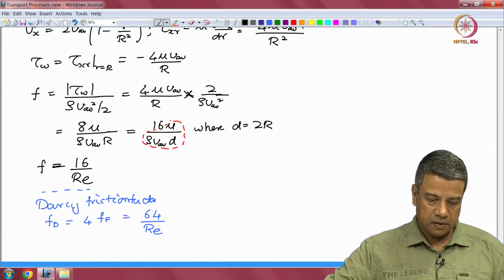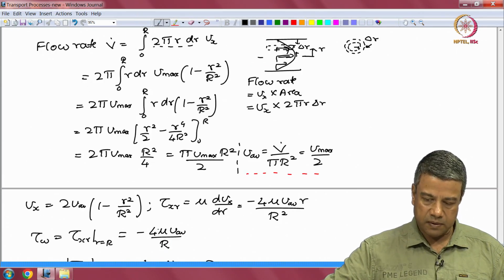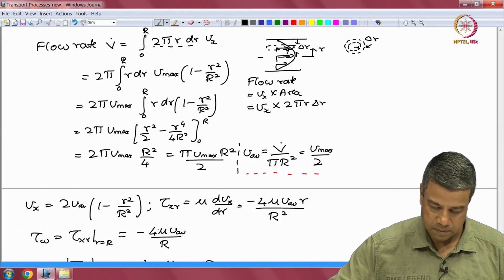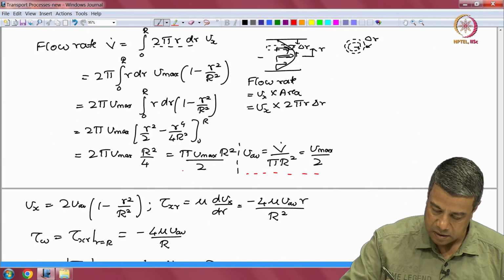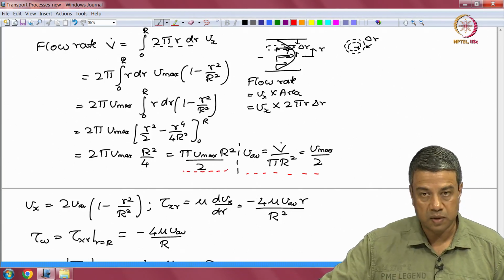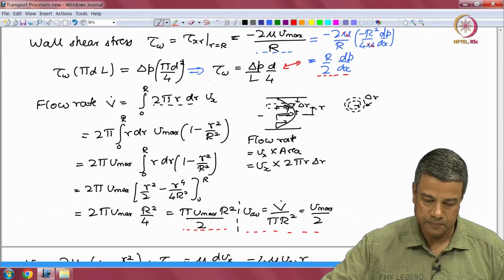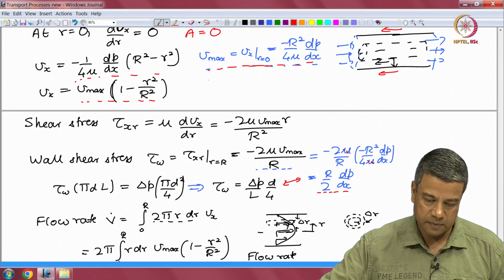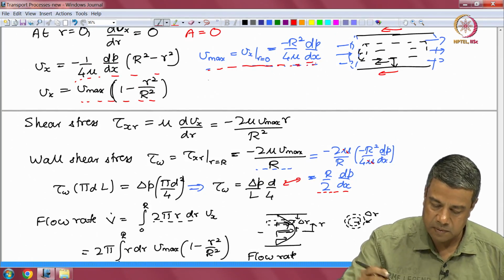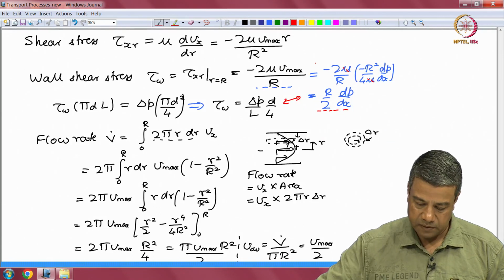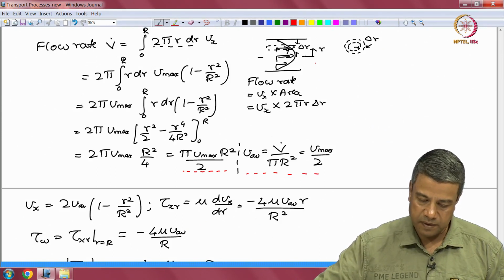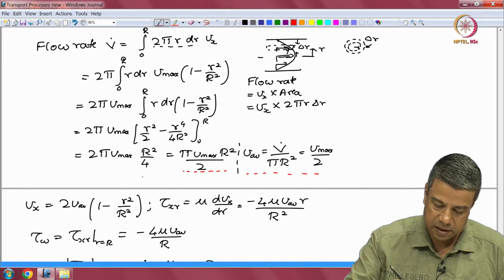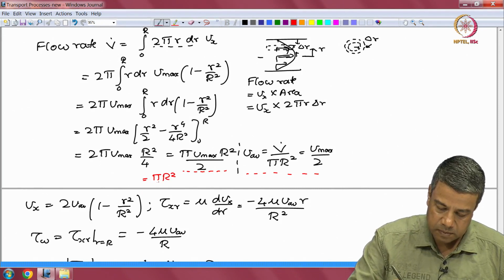You recall we calculated the volumetric flow rate before we calculated the average velocity. The volumetric flow rate was equal to pi V max r square by 2, and V max was given by minus r square by 4 mu dp by dx. Therefore, the flow rate written in terms of the pressure gradient would be equal to pi r square by 2